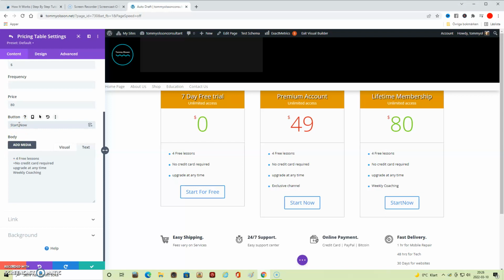Gonna make some space there, and then you can just save it like that. So now we have 3 different offers set up here.